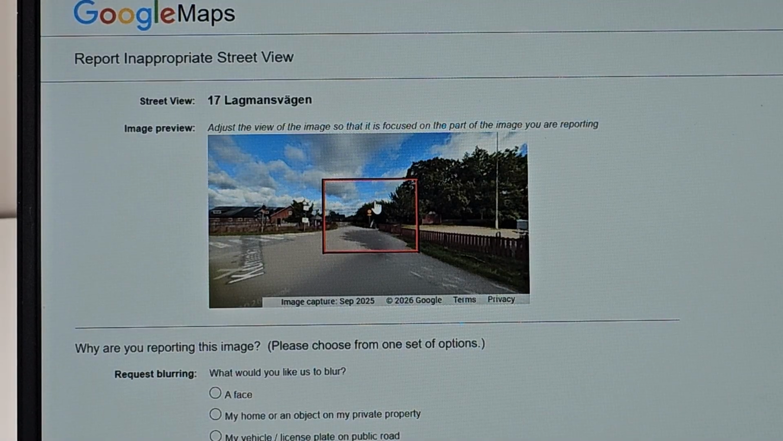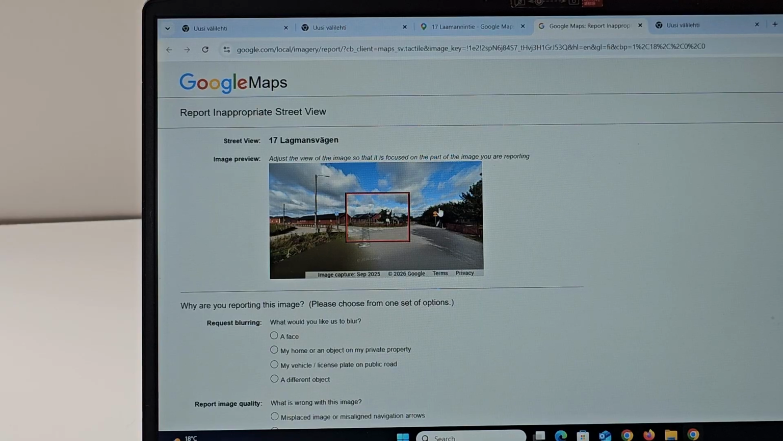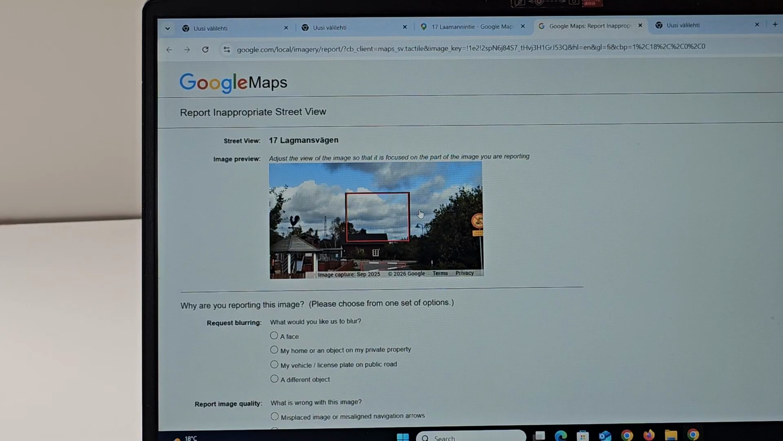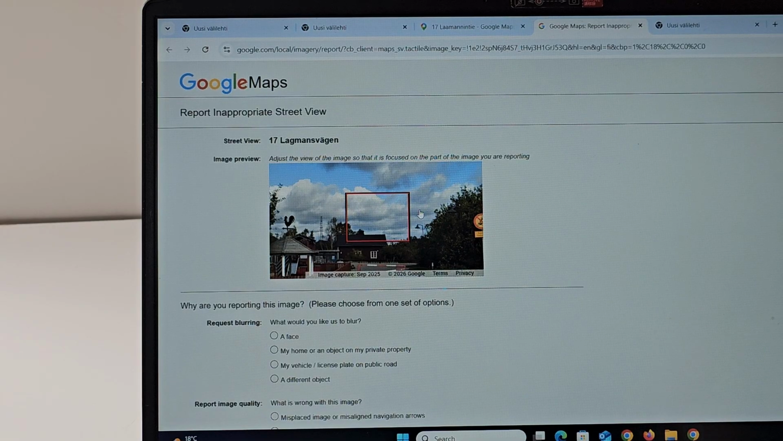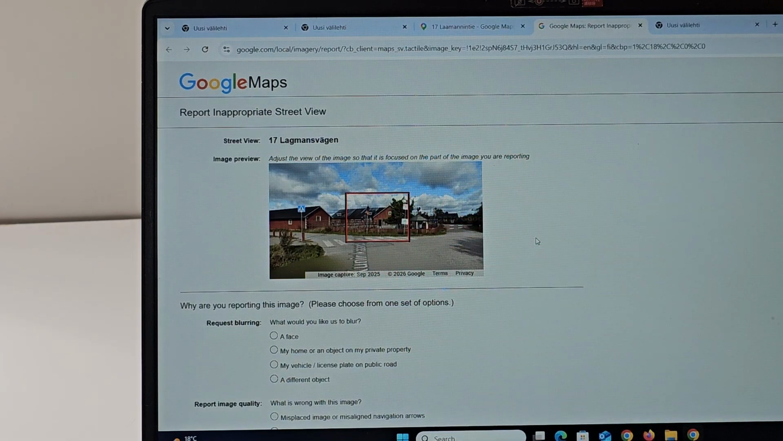Now you can select the area you want to have blurred. You can also zoom in or out and adjust the size of the selected area using your mouse. And now we have selected this area which we want to have blurred, and we scroll down